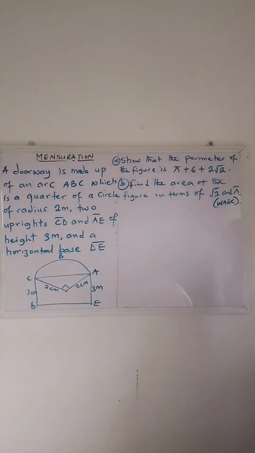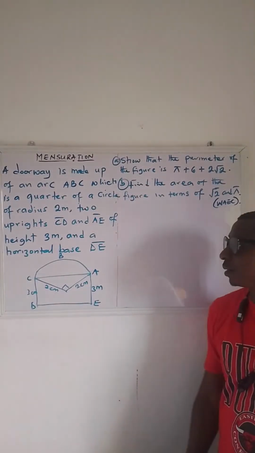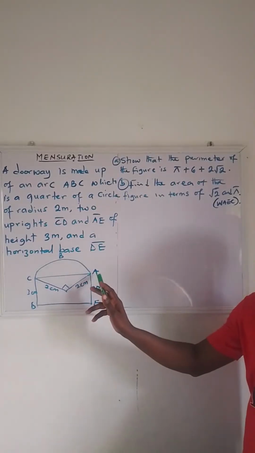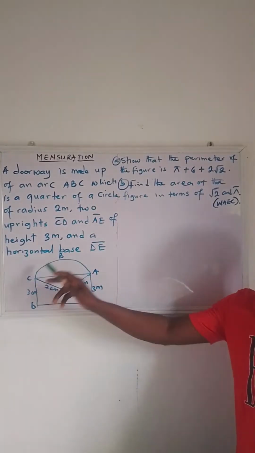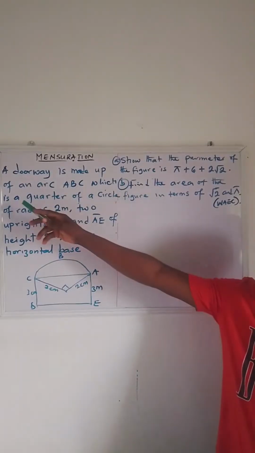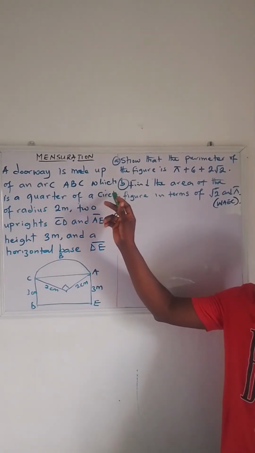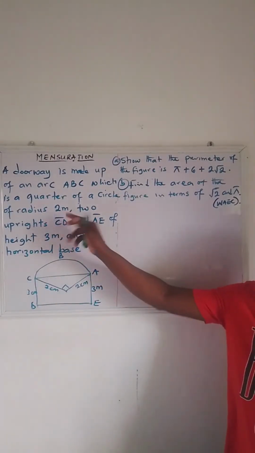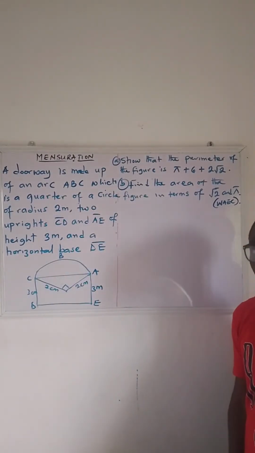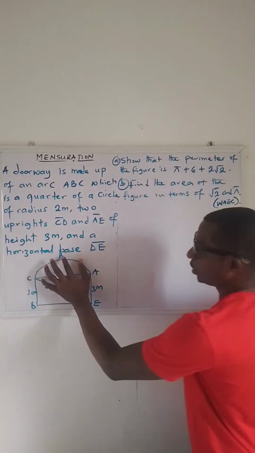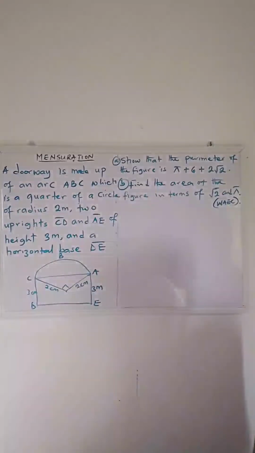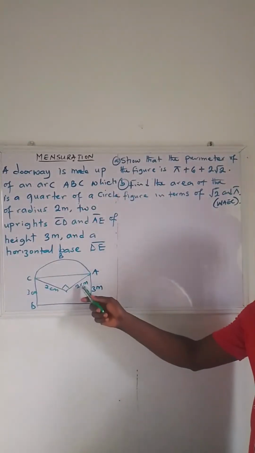Now let's look at the question. A doorway is made up of an arc ABC, which is a quarter of a circle of radius 2 meters. Do you understand that? So that means this is a quarter. What we have here is taken from a circle, whose radius is 2